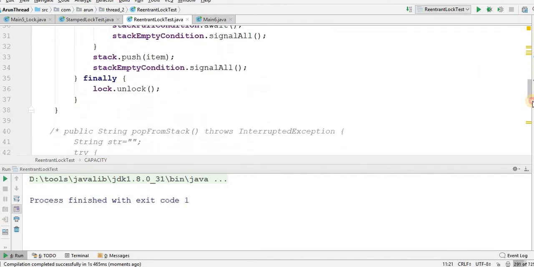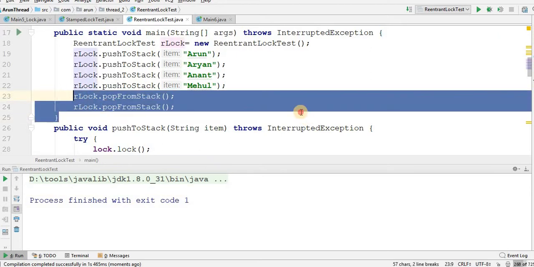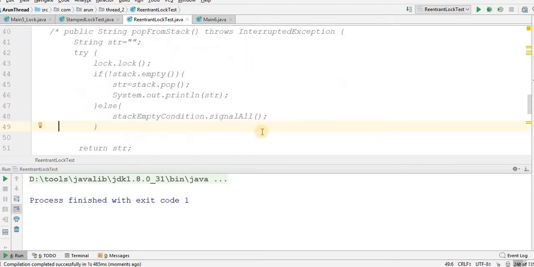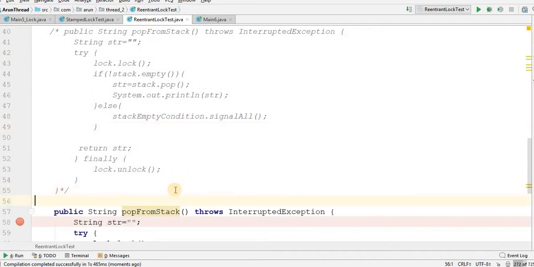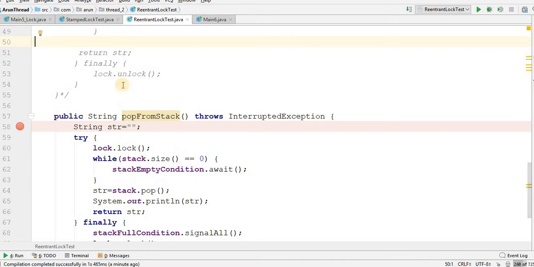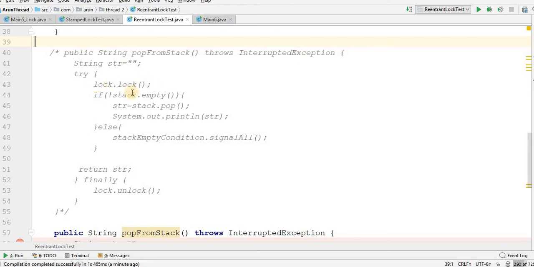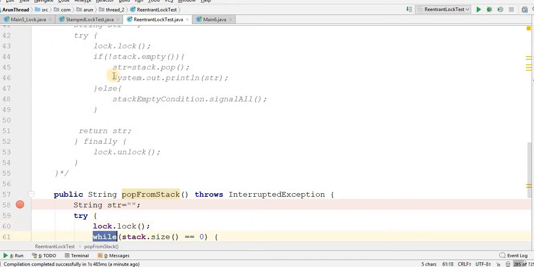Now, I thought that when I am pushing something here, it is fine, but I am printing messages only at the time of pop. So I have gone below this and I have seen that this pop method is not working. I have taken lock.lock and while stack.size equal to 0, stackEmpty condition.await else stack.pop. So I have basically a doubt here. So I have basically gone and changed this method, pop from stack, that is lock.lock, and the while condition I have changed to if,